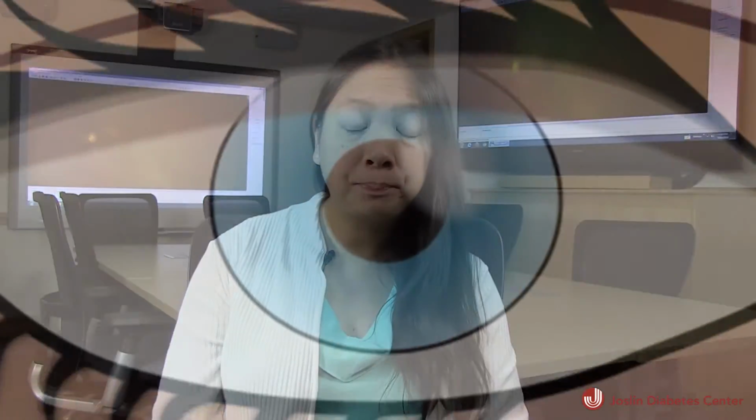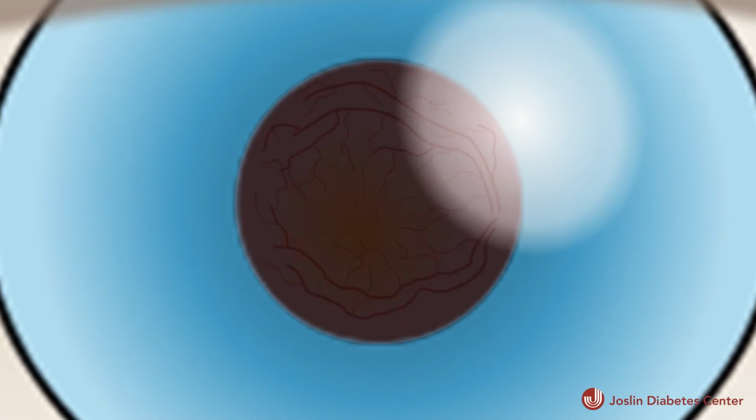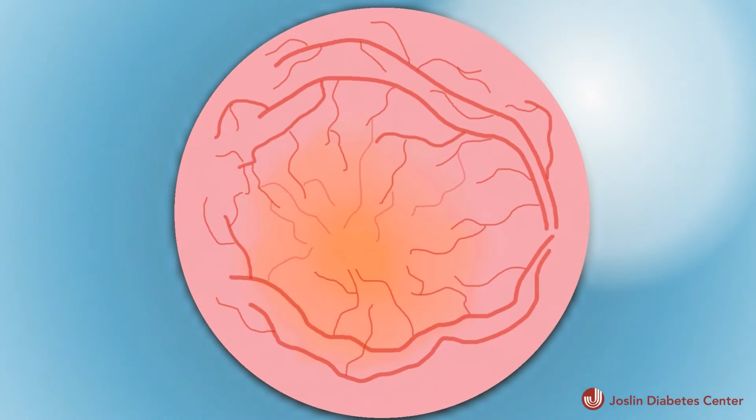The retina is the thin film or membrane that lines the back of the eye, and what happens is it contains the light-sensing cells, so that light that comes into the eye actually gets sensed by the cells in the retina, and these cells then transmit the light and the information through the optic nerve into the brain so that it gets processed. Diabetic retinopathy causes changes in the blood vessels of the retina, falling into two categories: macular edema